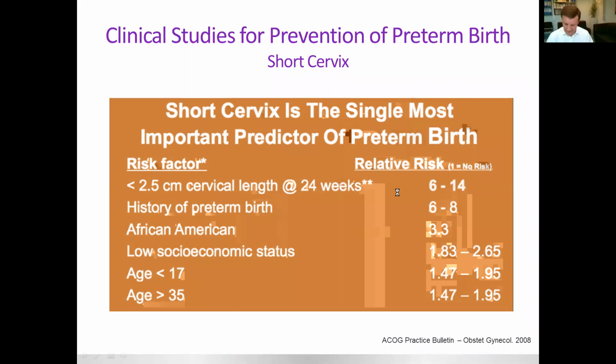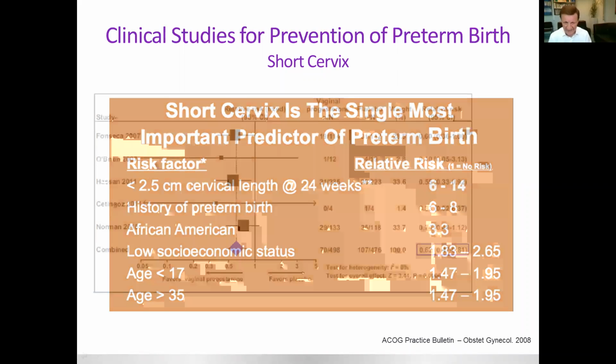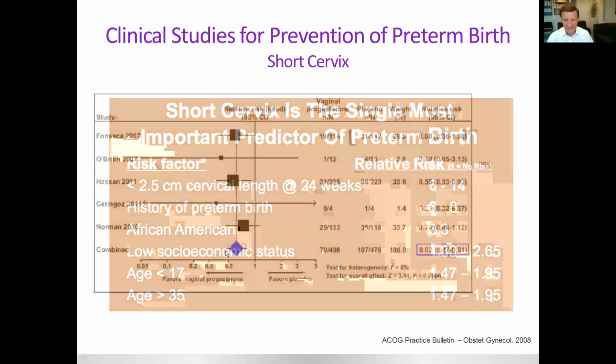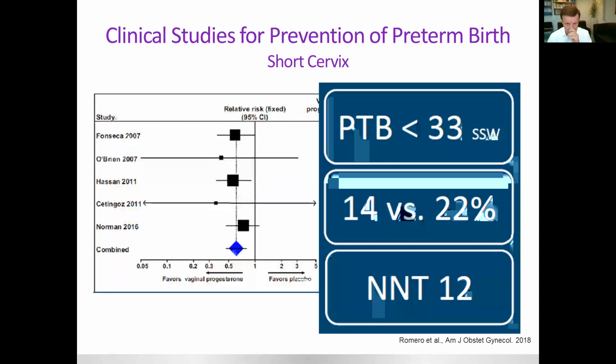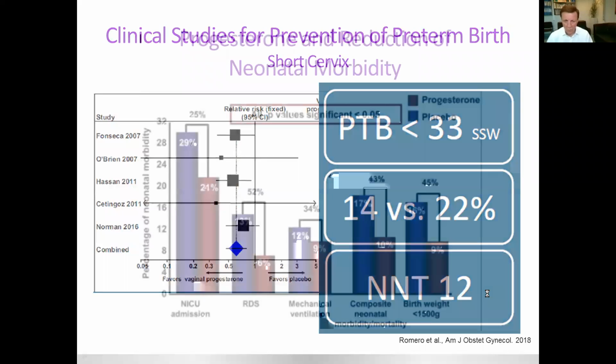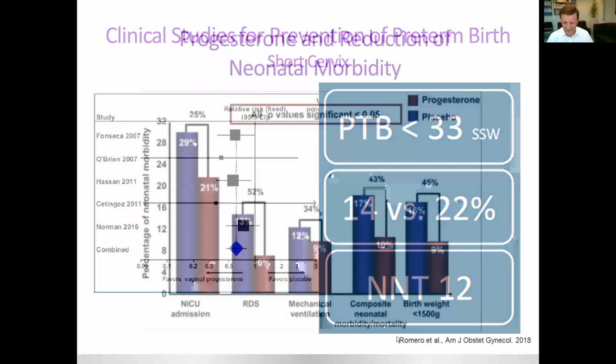And in this collective, again, it could be proven that progestogen prevention is obvious in women with a short cervix until the 24th week of gestation. And that reduces preterm birth substantially from 22% down as low as 14%, with a very low number needed to treat. And this reduction in preterm birth is associated with a reduction in morbidity and mortality of the